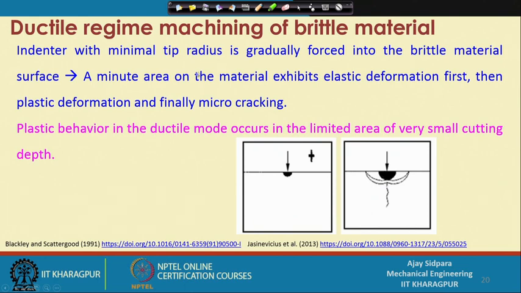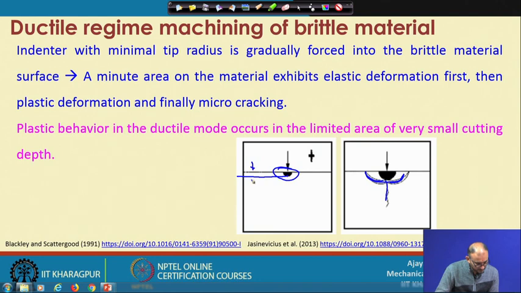So, an indenter with a minimum tip radius is gradually forced into the brittle material surface. A minute area on the workpiece exhibits the elastic deformation first. So, this is that area we are talking about right now, and then plastic deformation, and finally the micro cracking. So, this micro cracking will take place if you further continue your loading. So, plastic behavior in ductile mode occurs in a limited area over a small cutting depth. So, now our objective is, if we cut any brittle material within this depth of cut, so let us consider this as the depth of cut,